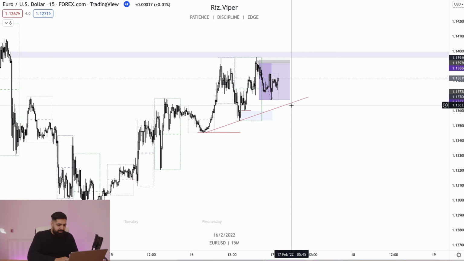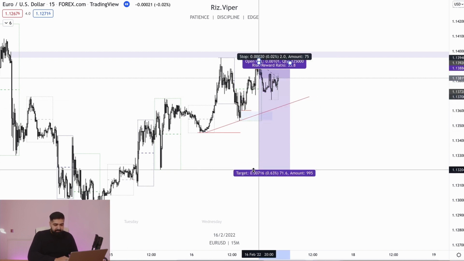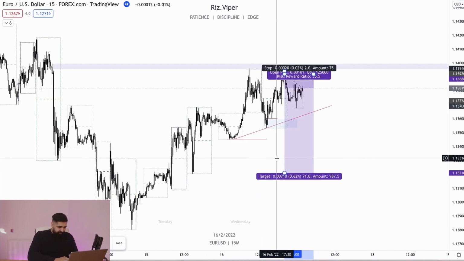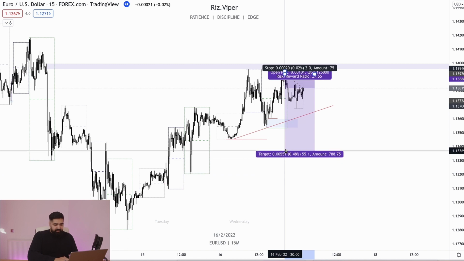You know, that's again more than the average person's salary, and we did that in 20 minutes. Why do we need to be greedy? Why do we need to overinflate returns when that is absolutely plenty and absolutely enough to make a living from full time? Now, even if we target the next area, as we can see, that gives us just over 1